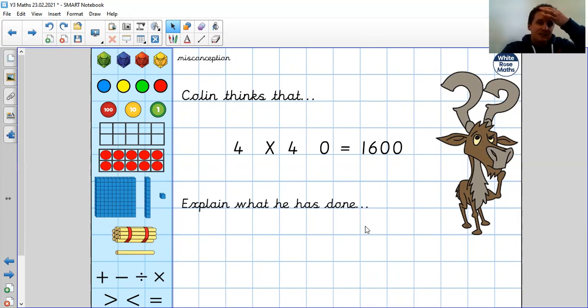Okay, yeah, I think this was quite an obvious one. He seems to have, for some reason, added an extra 0 on the end. Remember, on this occasion, we're only making 3-digit numbers. All right, so just be very careful. When you're working out, if you're multiplying by 10, that you're only adding 1 0 on the end. Okay, so